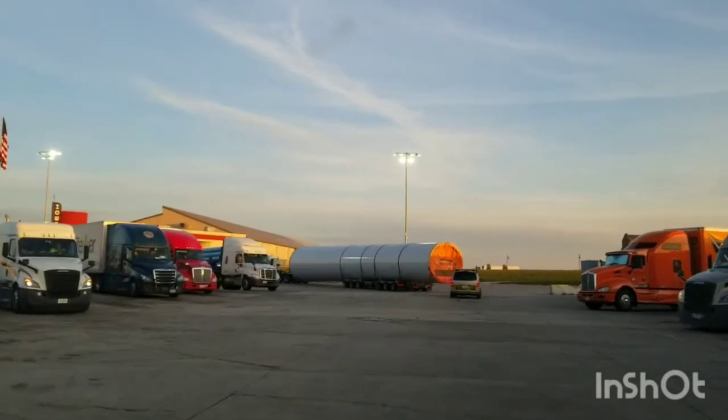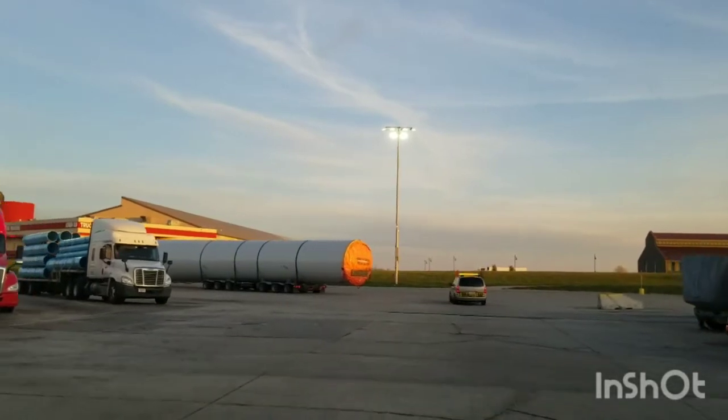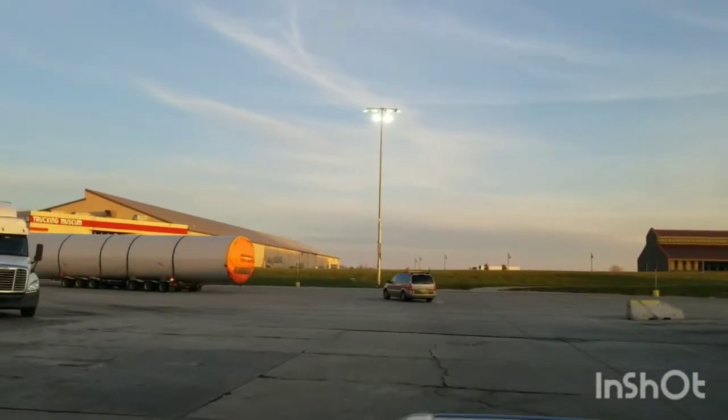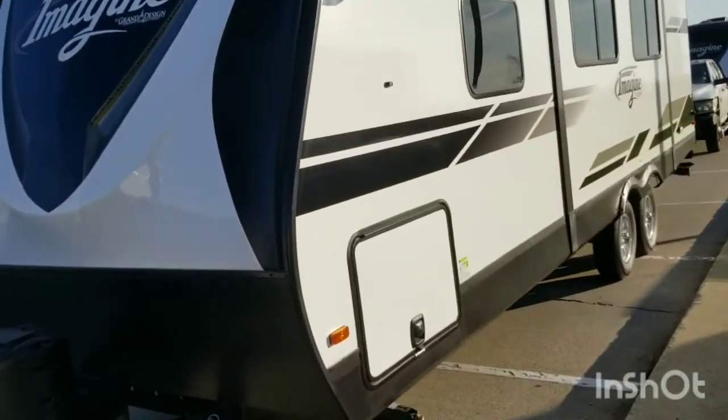I went in there and I was going to take some pictures, and I jammed my phone up. I took so many pictures. They've got so many trucks in that one building. It's freaking awesome. Real bad windy out here, but I figured I'd show you guys what